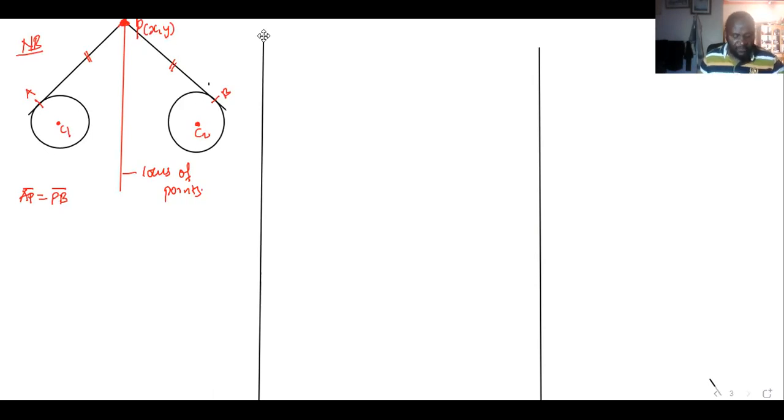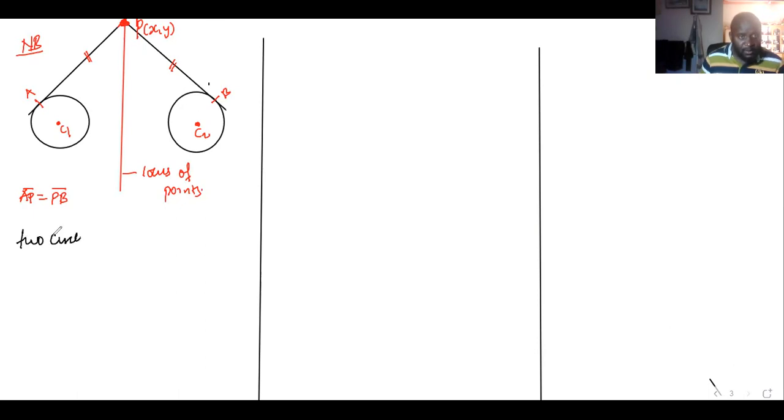This line is a locus of points of a point P, which moves such that the lengths of the tangents from P to their circles is equal. So let us have that written down. So we can say, according to this NB,